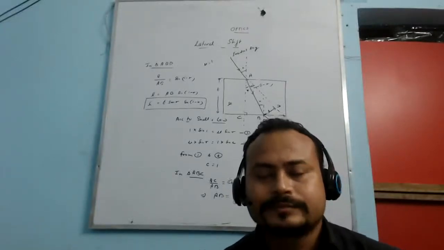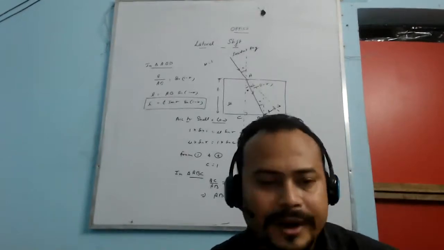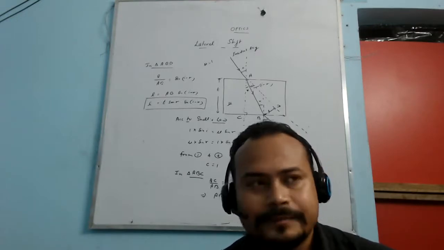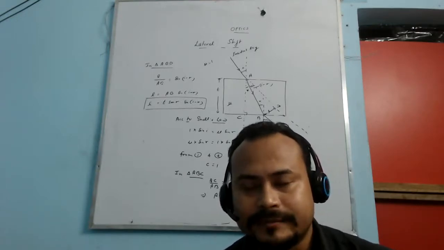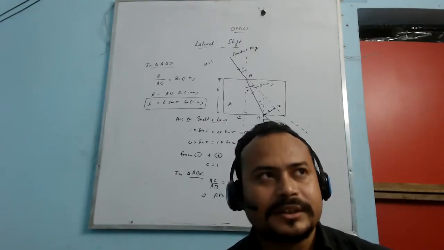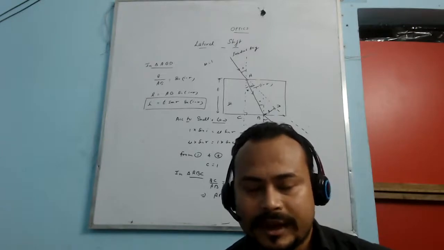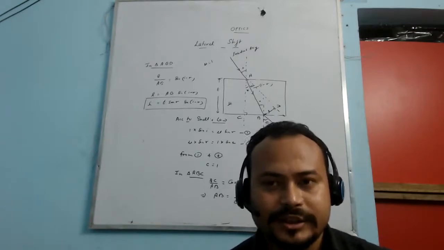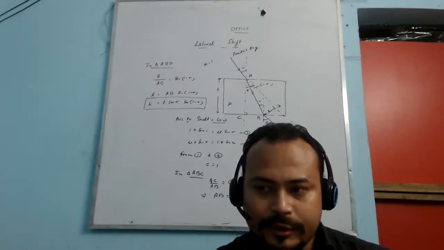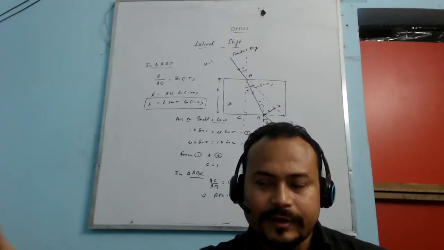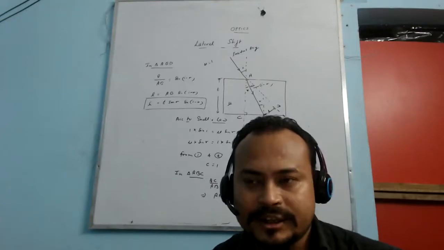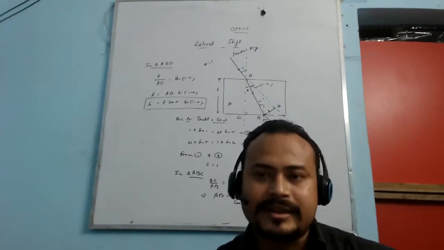Now we are going to derive the formula of lateral shift. When a light ray passes through a glass slab, it does not deviate. It only shifts laterally. Laterally shifted means the direction of the ray does not change. It goes in the same direction, but it is shifted. Suppose this ray is going like this, and it shifts rightwards, leftwards, upward or downward, but it shifts parallelly, or laterally, we can say.